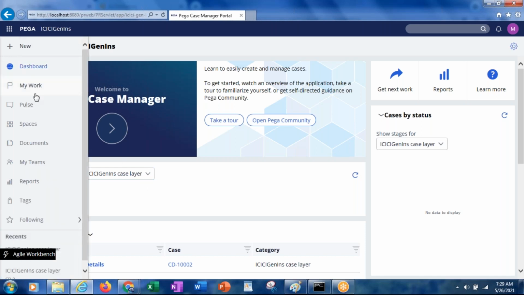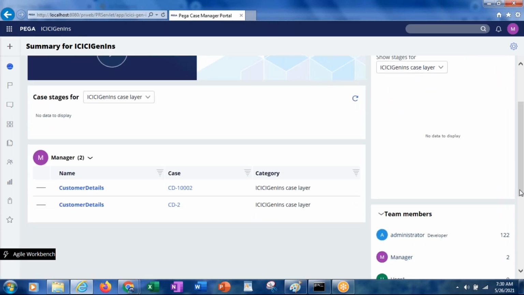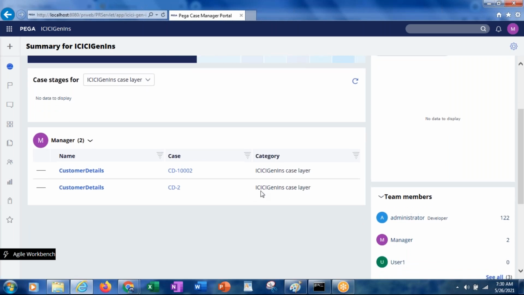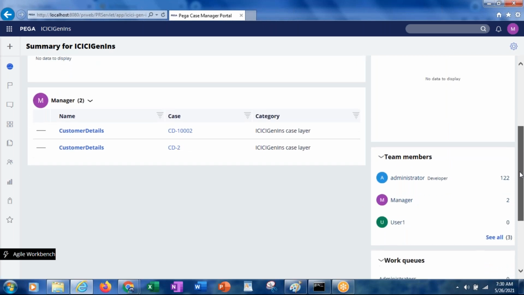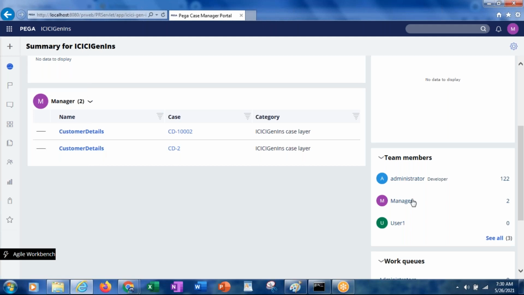So what do we mean by my work? My work means all the works which are assigned to the specific operator, only one particular operator who logged in to the application. For him, all the work objects assigned can be seen, so he can open those work objects and work accordingly. Along with that, you also have something called work basket. My work is nothing but a work list. Work list belongs to one operator. And along with that, you will also have something called work group.